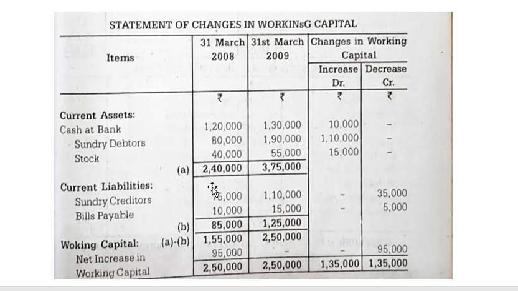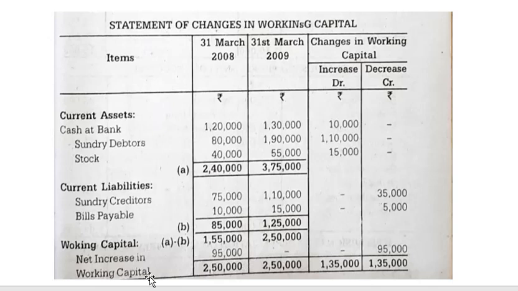Then what you have to do is find which total is more. Now the total of 2008 is 1,55,000 and 2009 it is 2,50,000. Now write the highest total on the next line. I mean leave one line and then write the total. Write the same total on both sides. Now what is the difference between these two amounts, 1,55,000 and 2,50,000? Write that amount in the middle, that is 95,000.